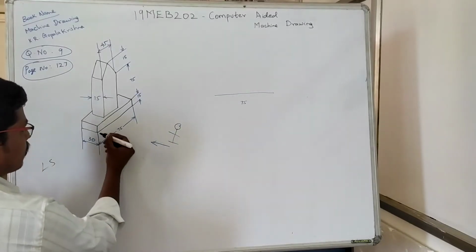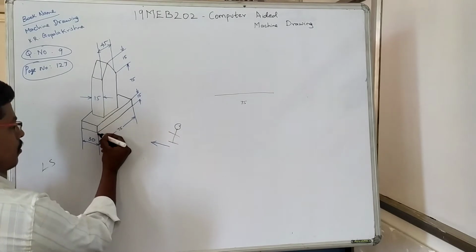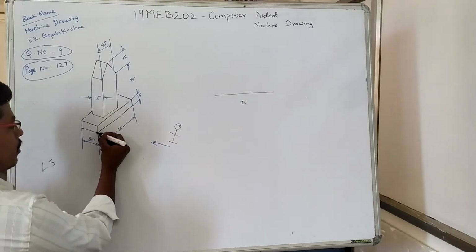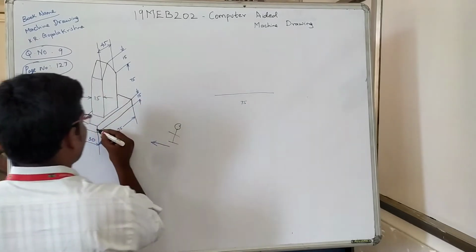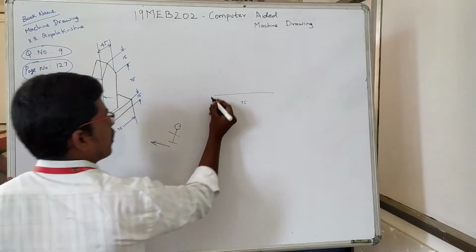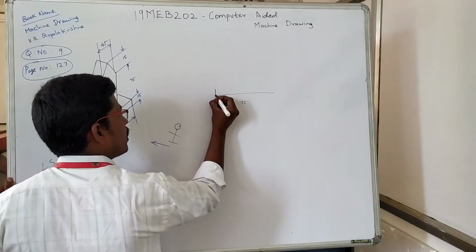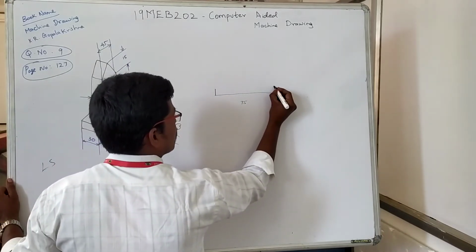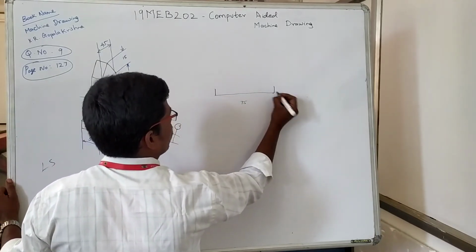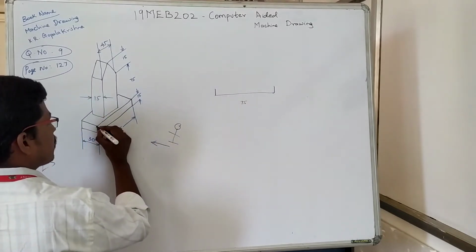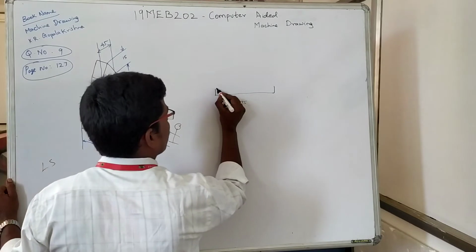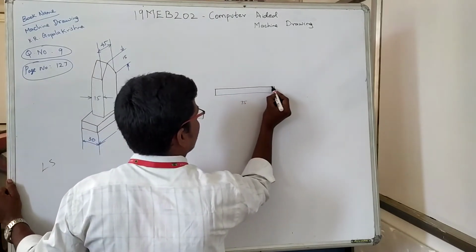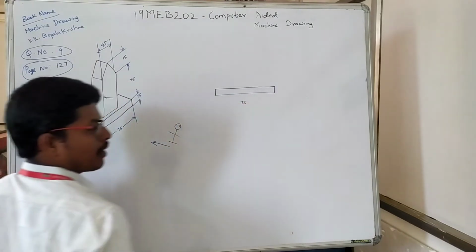Then there is another edge. Its measurement is 15 millimeter. Both the sides are straight, hence I am drawing a 50 millimeter straight line that is perpendicular to this 75 millimeter line. Again, this straight line closes like a box. Hence, I am drawing the straight line and closing the rectangle.